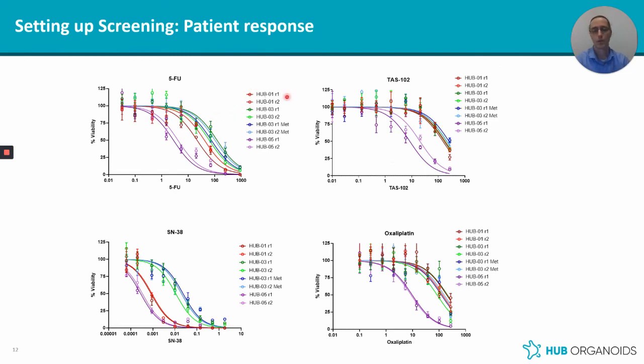Also, when we looked at some patient organoid lines, so these are different organoids established from primary tumors and even one from a metastasis from the same patient as the screen line, we can see first of all that the biological replicates, being the dark and the light lines, are quite close to each other, with the patients always clustering together. One of the patients was sensitive to all of the treatments, and one of the patients, the one with the metastasis, had both the primary and the metastasis resistant to all of the treatments, whereas there was one patient in this case that was resistant to most treatments, but was sensitive to the SM38, indicating that the organoids can, in this screening paradigm, be used to classify or stratify patients as sensitive and non-sensitive